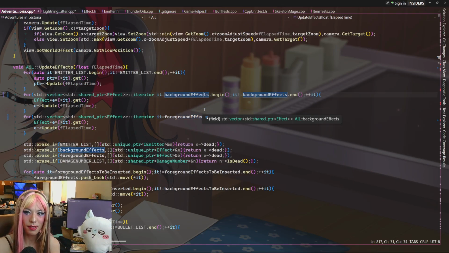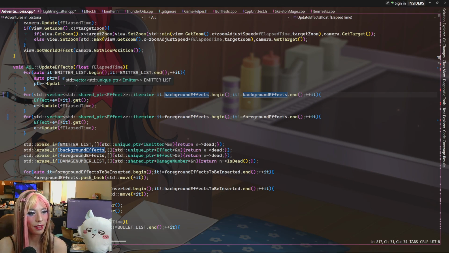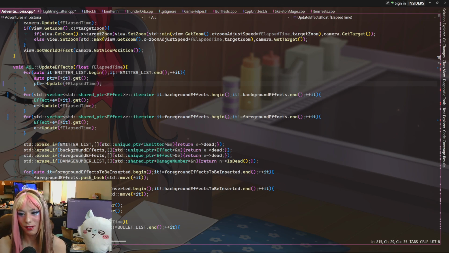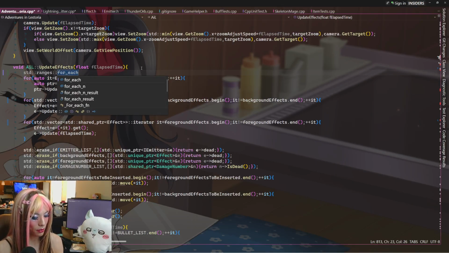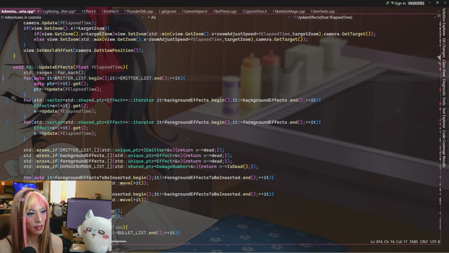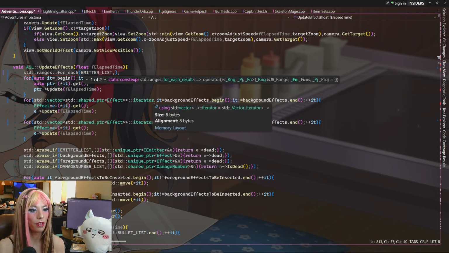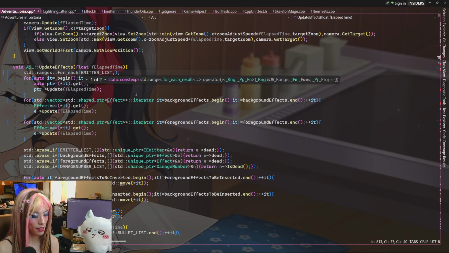I wonder why we used this format and not just the very normal format of for auto element in list. Why did we choose this option? That's what I'm curious about, right? It's kind of weird. Let's change this to be standard ranges for each. We might as well update things a little bit while we're in here and refactoring everything to be a little bit better. So we're going to be going through standard ranges for each on the emitter list, and the